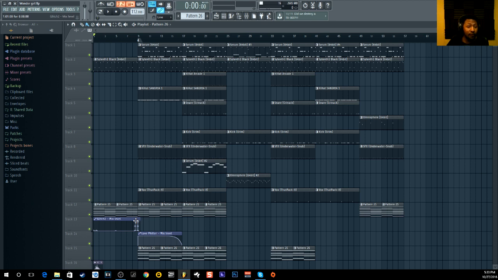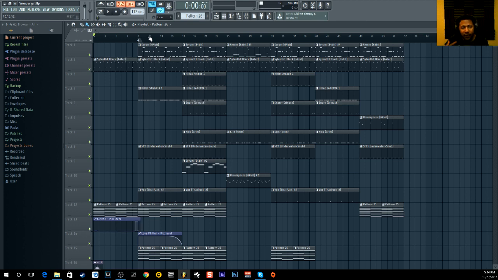You can do a tape stop, a reverse effect, a glitch effect, a mute. A mute works too. If you want to mute at that point, you can definitely do a mute with the automation clip. You can do whatever you want, but something that separates the intro from the main part is a good way to go. So you got intro, separation, which is the tape stop, and then boom, now the chorus comes in, and it gives an impact. Now, one thing I like to do for my choruses, this is suggested, what you can do.